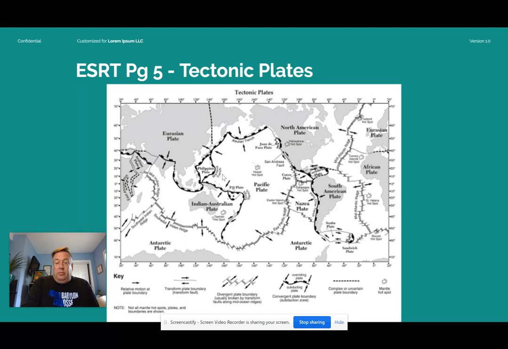tomorrow. All right, so if we're looking at page 5 of the reference table, which is called tectonic plates, you're going to see the names of all the plates. Okay, so pretty straightforward. We live on the North American plate. Why don't we get a lot of earthquakes here in New York? Well, we're right where the arrow is, and you'll notice we're nowhere near a plate boundary. All right, so those plate boundaries are where the earthquakes tend to happen. Doesn't mean it can't happen elsewhere. Just the majority of them happen there.